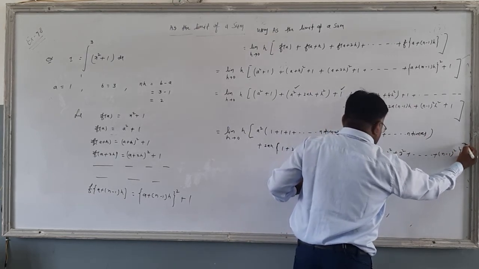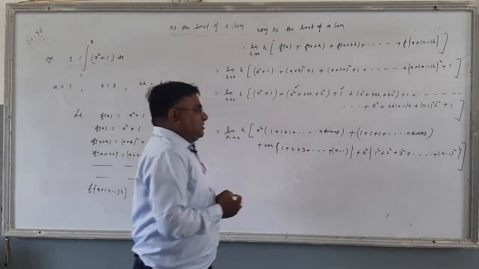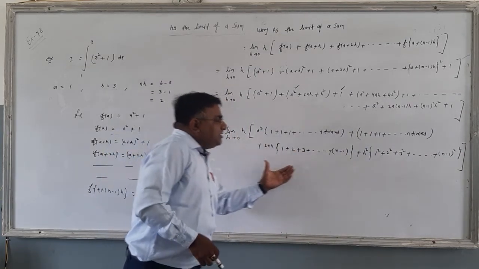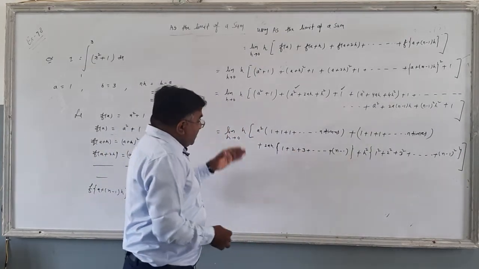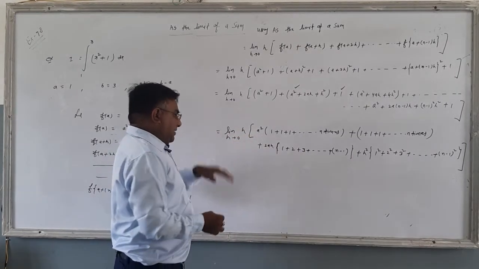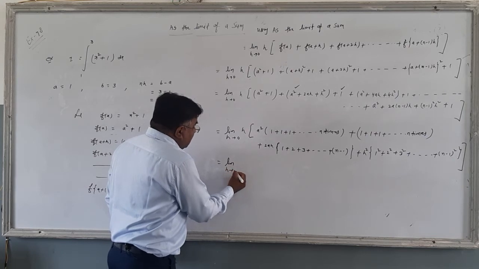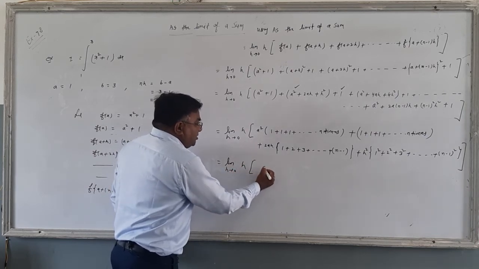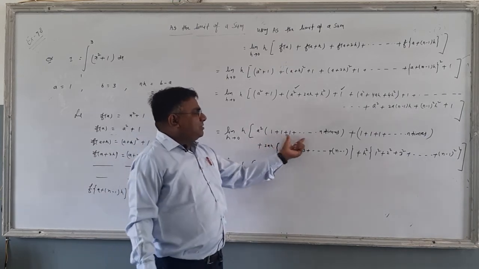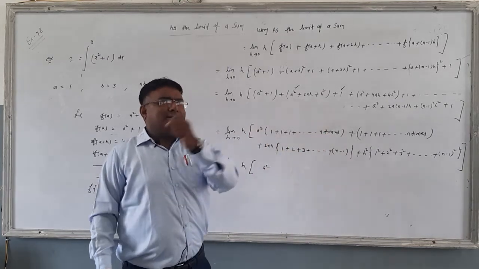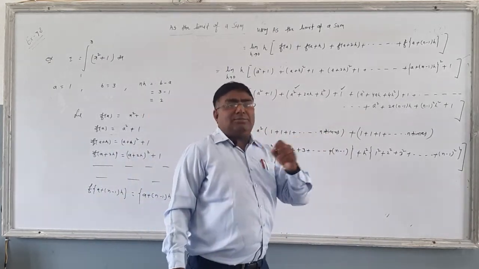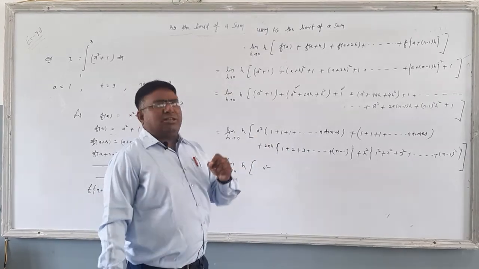Any doubt student? So this step is very important. Then make a series, and this step is very important. And now the next step, last two steps are very important, and next step is again important. A square as it is. What is the meaning of 1 plus 1 plus 1 n times? That is 1n. 2 plus 2 plus 2 n times, that is 2n. 3 plus 3 plus 3 n times, that is 3n.